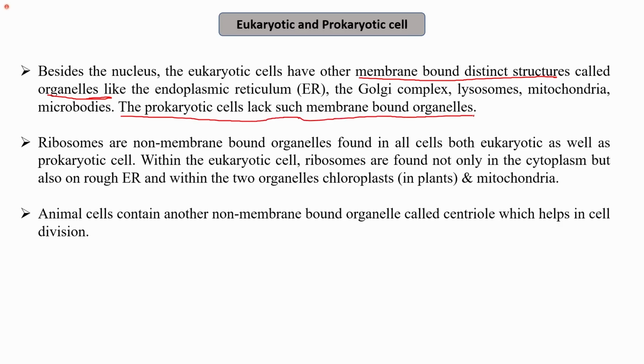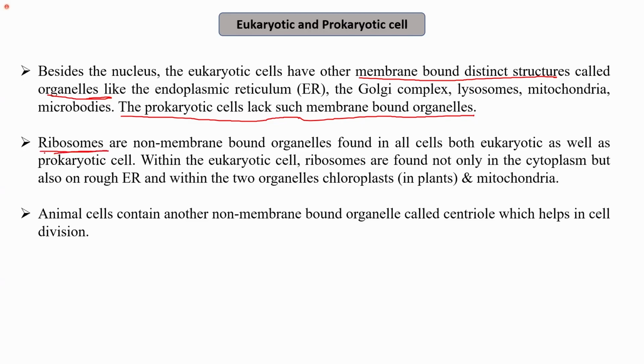That is, a prokaryotic cell does not have endoplasmic reticulum, Golgi complex, lysosome, mitochondria, or microbody-like structures, which we have in the eukaryotic cell. Now the ribosomes, which are non-membrane-bound organelles, this is important,